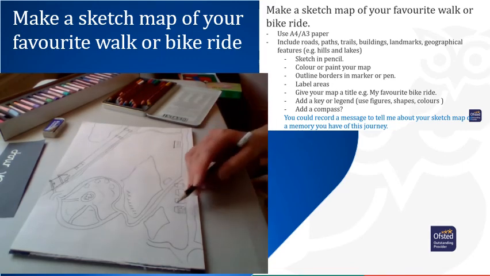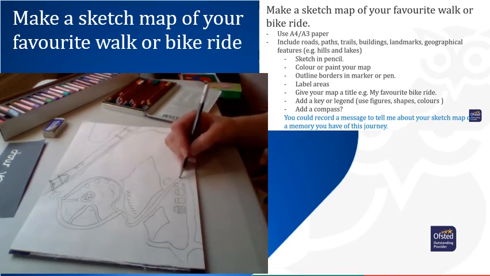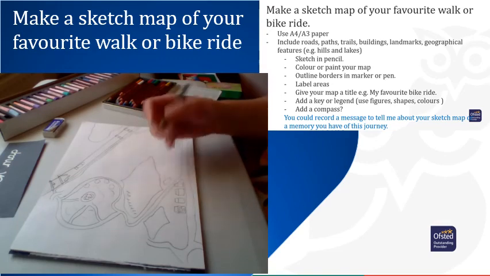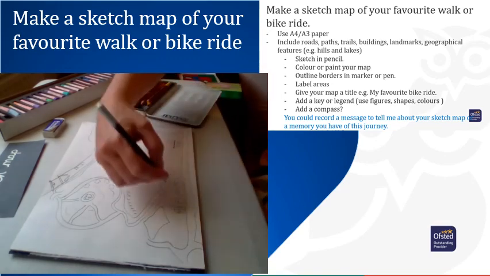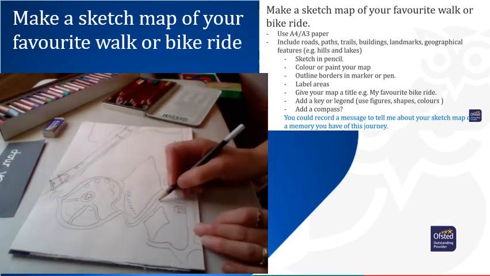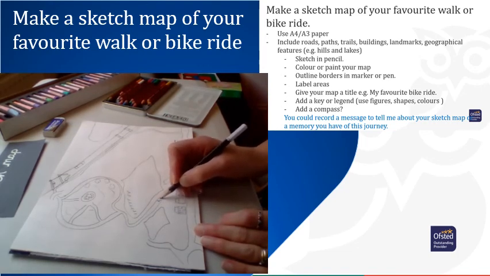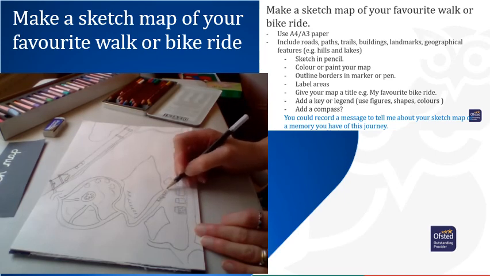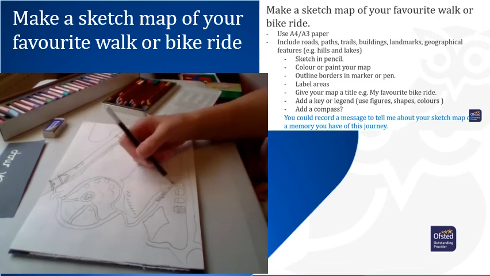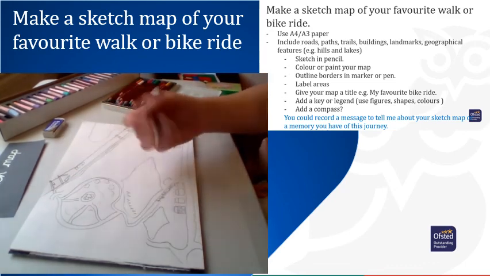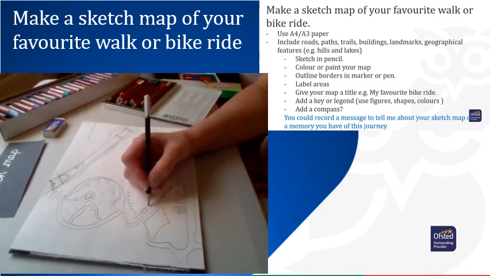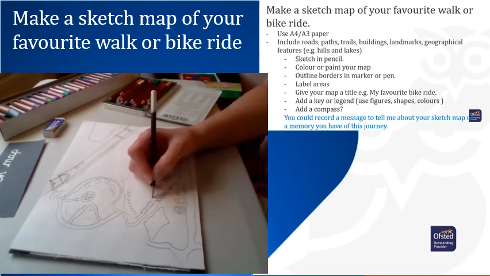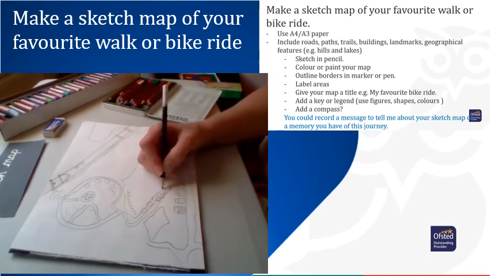So here's from my house, and we're going to go down here, and this actually isn't a road. This is a lane, and it's called Pickpocket Lane actually. So I will need to label that at some point, and perhaps not quite at the labelling stage yet because I haven't coloured, but while I'm talking about it, this is Pickpocket Lane, and we go down here, and there are loads and loads of beautiful bushes all the way down here, and trees as well, which I'll need to add onto my